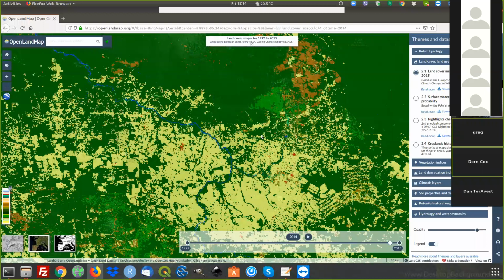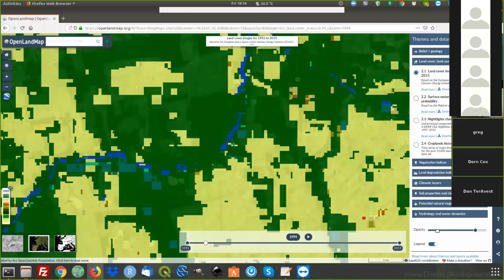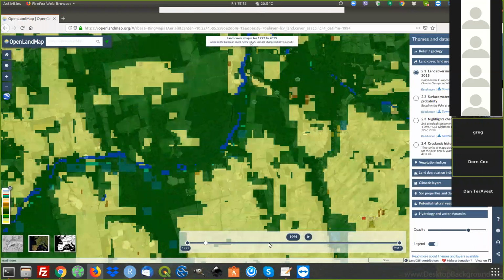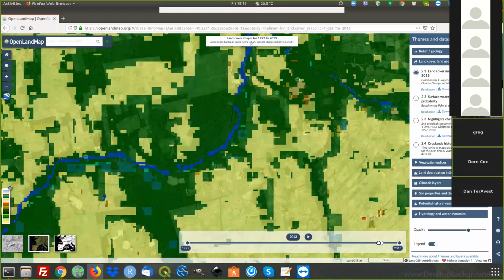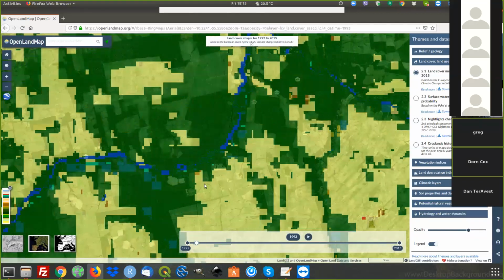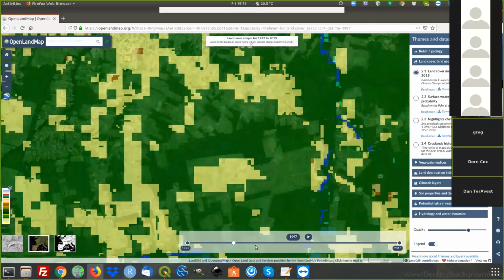And you can see then also, you can look at this area. So if I zoom in a bit more, I can see that again, it's a good match. And I can see that this, for example, this all used to be a forest here. These edges, this was a forest, and now it's been converted